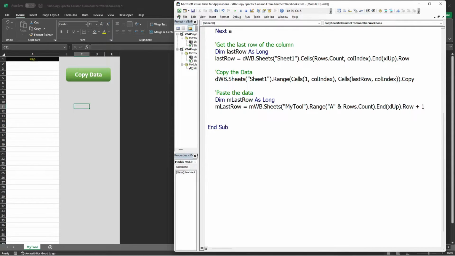After we get that, we can now paste the data. So MWB dot Sheets My Tool dot Range A and M last row dot PasteSpecial xlPasteAll, if we want to copy the formatting.